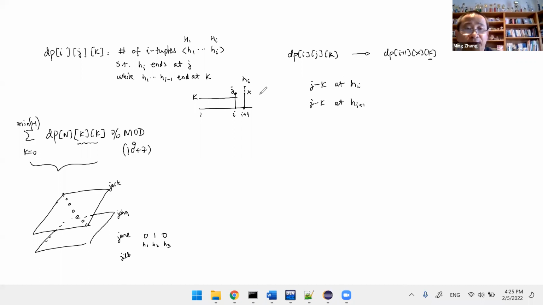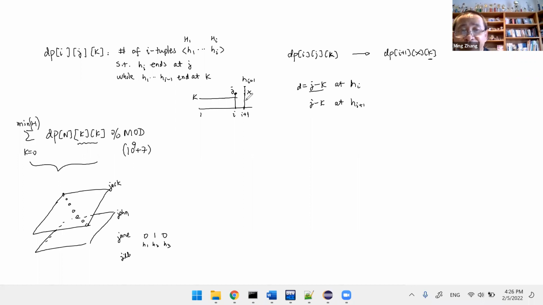So I don't want this one to be too small. If this one is not too small, minus this, the difference here, this is the difference. If HI plus 1 does not have this much difference to go down,